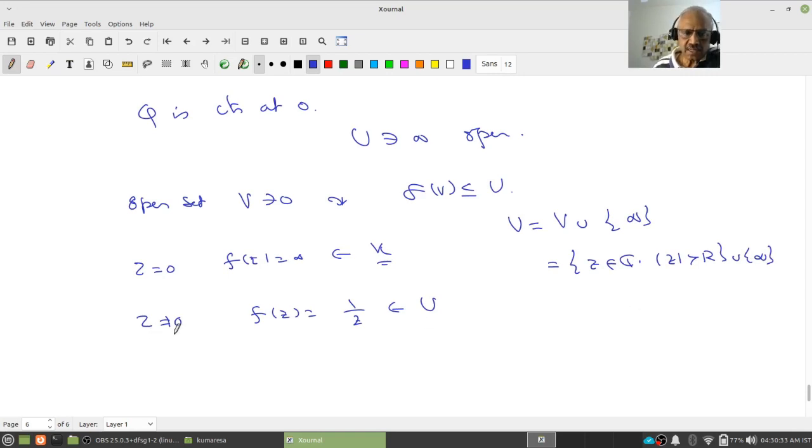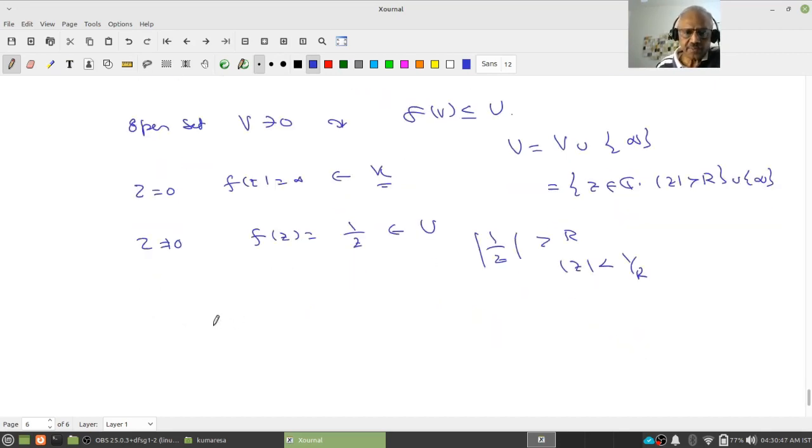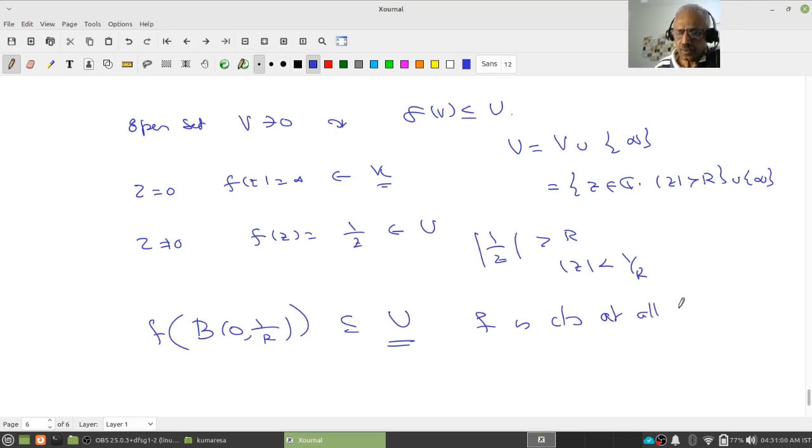And since z is not equal to 0, 1 by z is not infinity, thus I have to say that means modulus of 1 by z should be greater than R. That is same as saying mod z should be less than 1 by R. Therefore, if I take B of 0, 1 by R, then f of that is contained in U. Therefore, f is continuous at all of C infinity